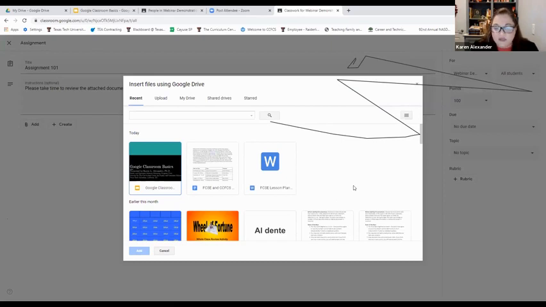And so if something is in your Google Drive and you have shared that with someone else, you have the ability to work as a team, then you can do collaborative assignments. And I'm going to show you in here in a couple minutes how to make that happen. So I'm going to attach the presentation that I shared with you earlier, okay? And that is a Google slide presentation. And then I'm going to click add